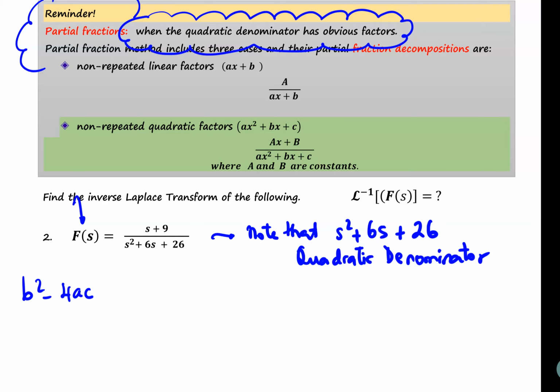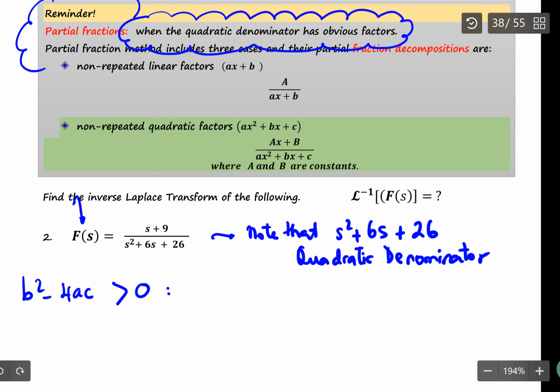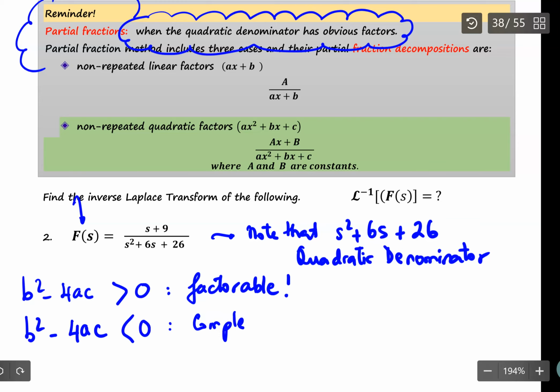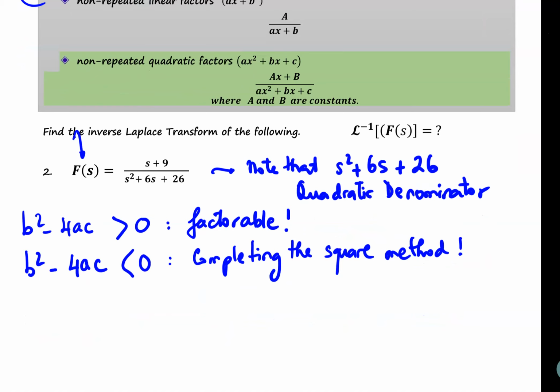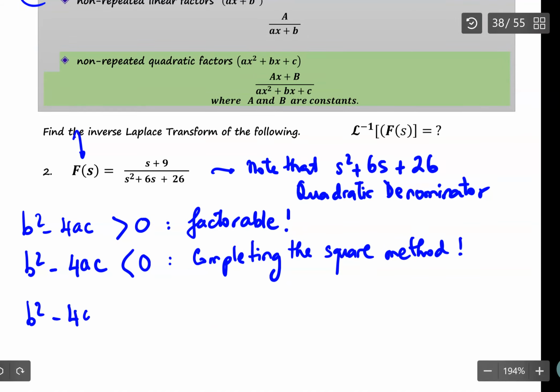If b squared minus 4ac is greater than 0, then the quadratic is factorable. If b squared minus 4ac is less than 0, then I have to use the completing the square method. So let's apply that to our s squared plus 6s plus 26. So b squared minus 4ac,